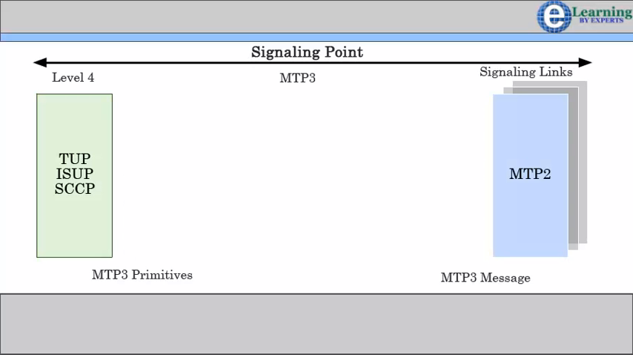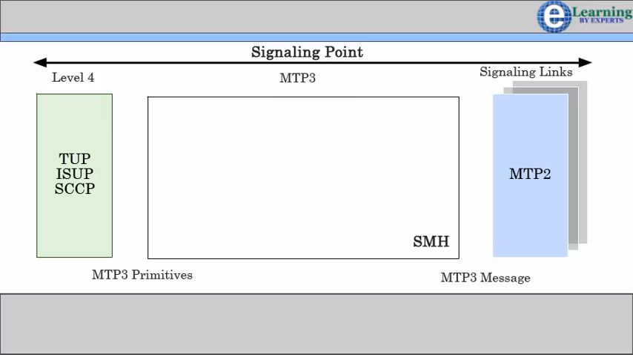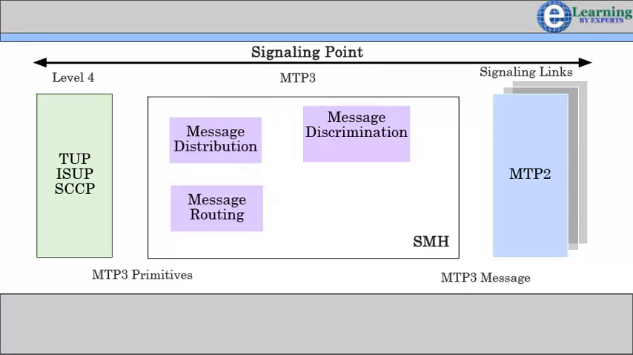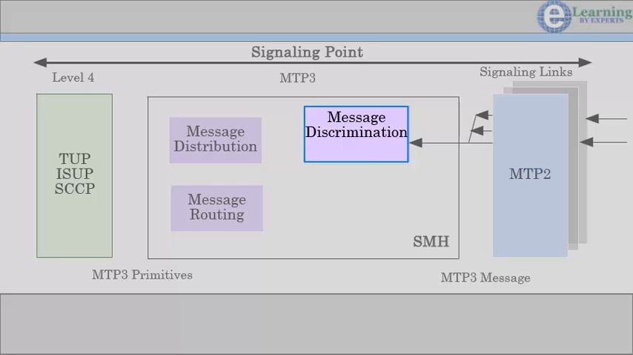A signaling endpoint, SEP, such as an SSP or SCP, is not capable of routing messages. Only an STP, or an integrated node with transfer functionality, can forward messages. MTP3 signaling message handling can be divided into three functionalities: discrimination, distribution, routing. Message discrimination is the task of determining whether an incoming message is destined for the node that is